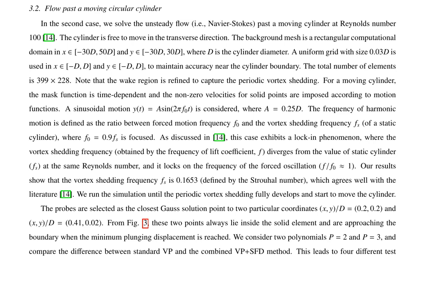The simulation is run until the periodic vortex shedding fully develops, and the results show that the vortex shedding frequency locks onto the frequency of the forced oscillation, consistent with literature findings. The authors compare the performance of the standard VP method and the combined VP plus SFD method for two polynomial orders, p equals 2 and p equals 3, at two probe locations inside the solid element. The error in the lift coefficient is computed, and the Fourier spectrum is analyzed to highlight the vortex shedding frequency. The results demonstrate the accuracy and robustness of the combined VP plus SFD method in capturing the complex flow behavior